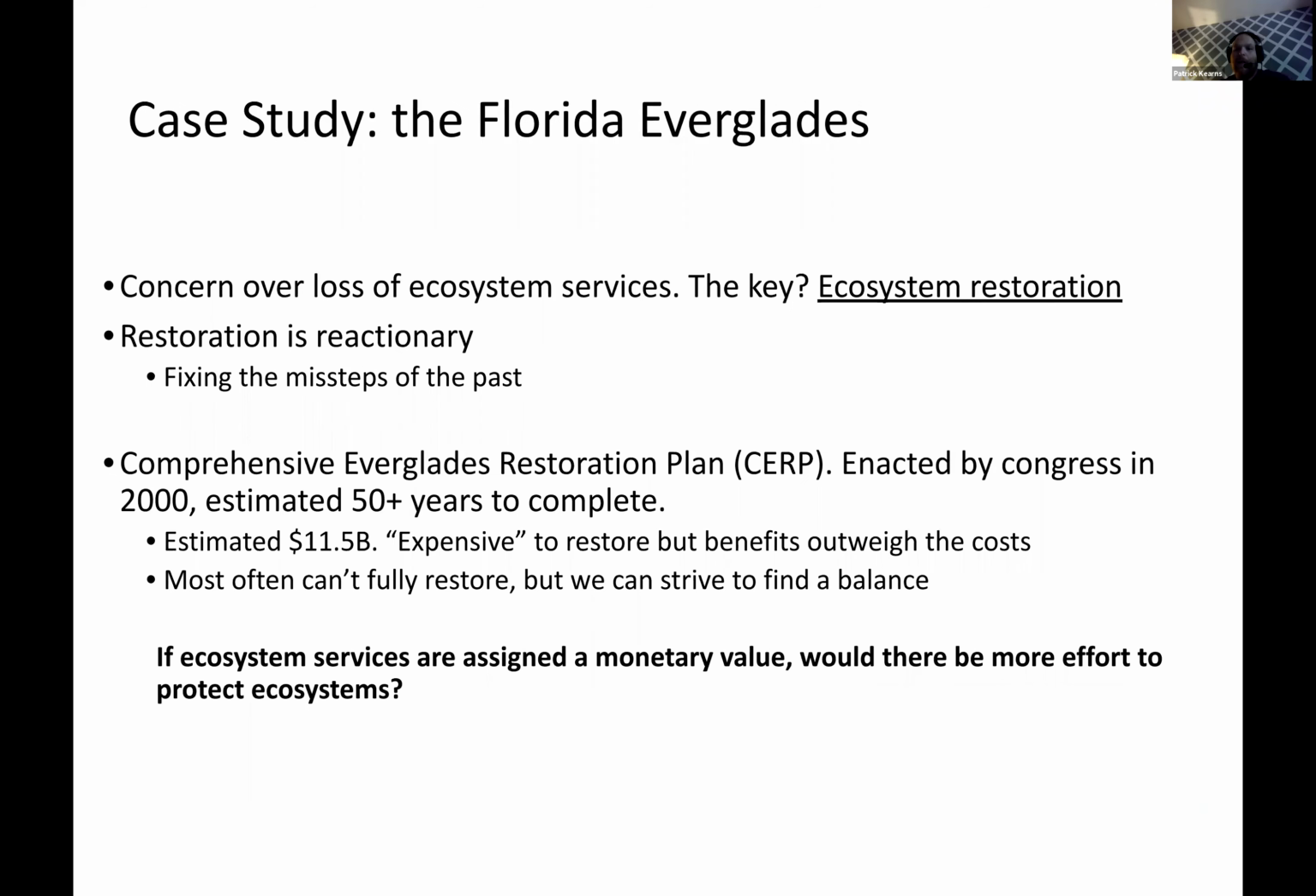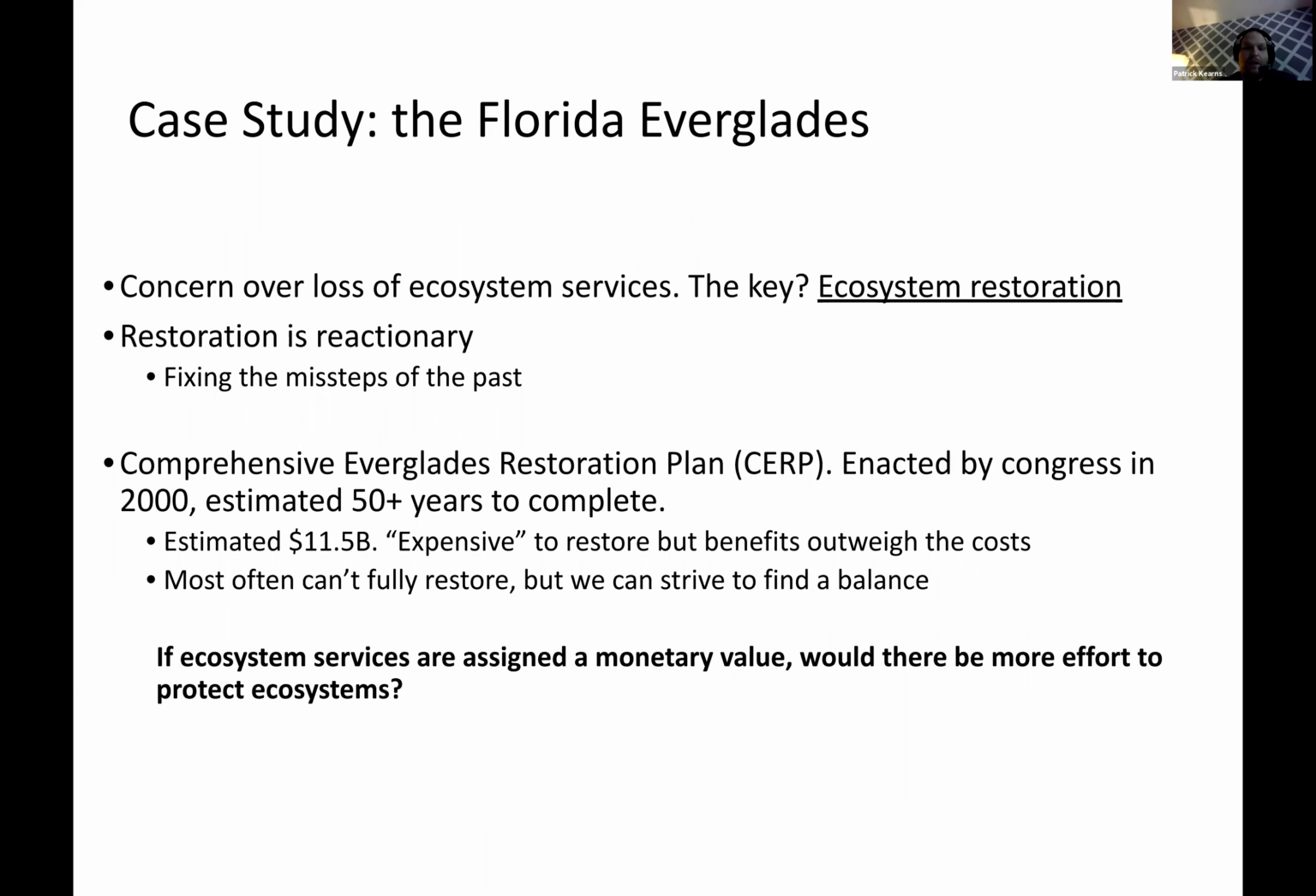So as I mentioned, there was a pretty heavy concern over the loss of ecosystem services. And the key here was ecosystem restoration. And ecosystem restoration is a reactionary thing. I have a damaged ecosystem, I'm going to try to fix it. And so you're trying to fix the missteps of the past. This is a direct contrast to preservation, which is trying to just maintain natural ecosystems,